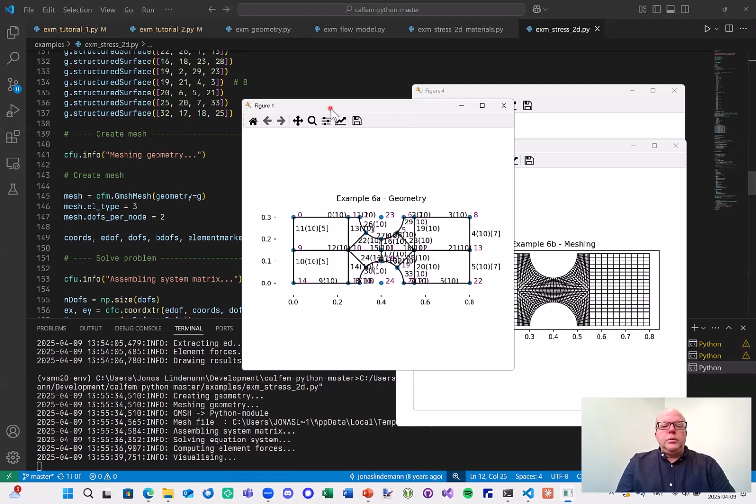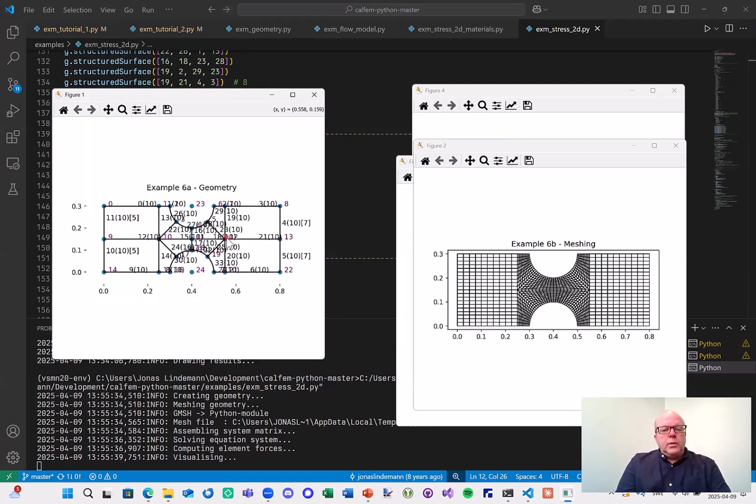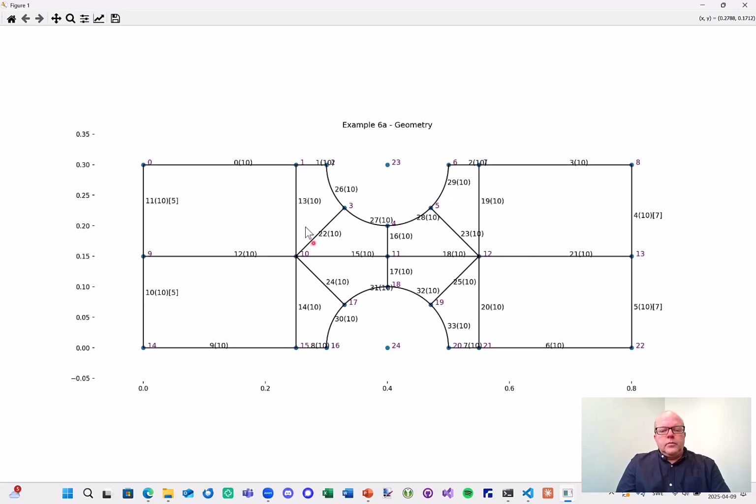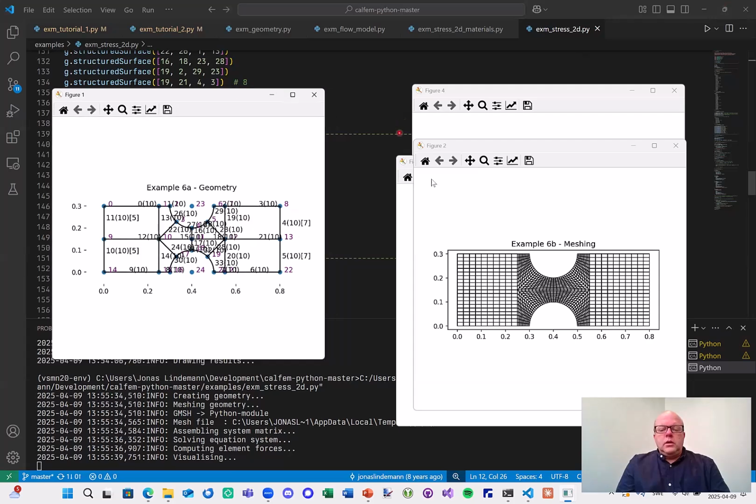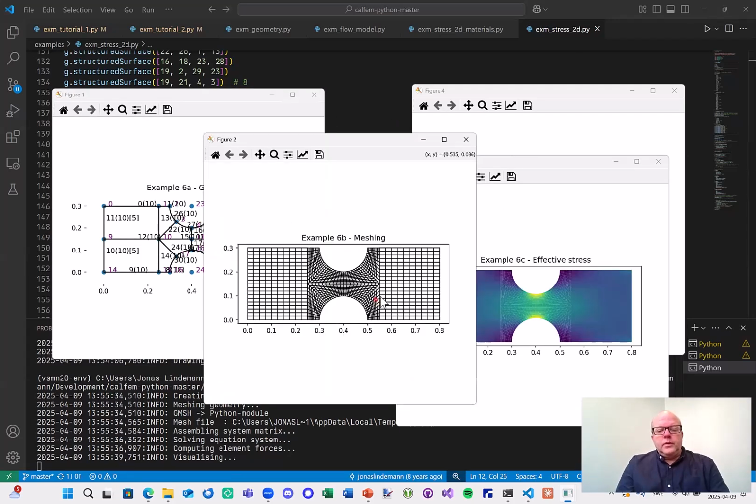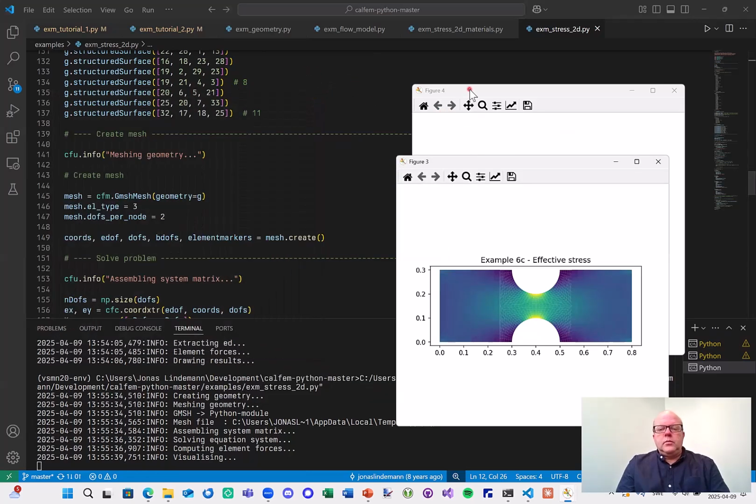So you can see here that we build up the geometry using these kind of super elements. These are four-sided elements that are connected together in different ways, which then creates this kind of mesh here. And if we look at how it's defined,